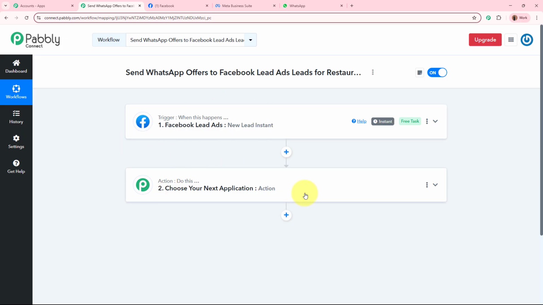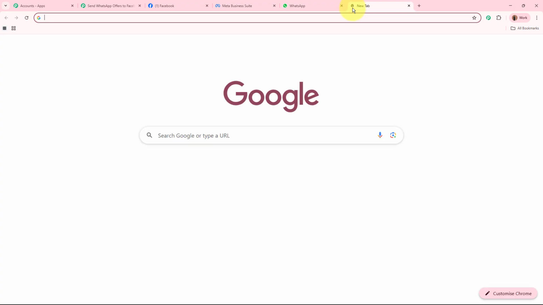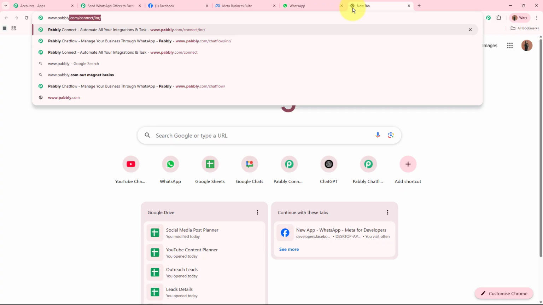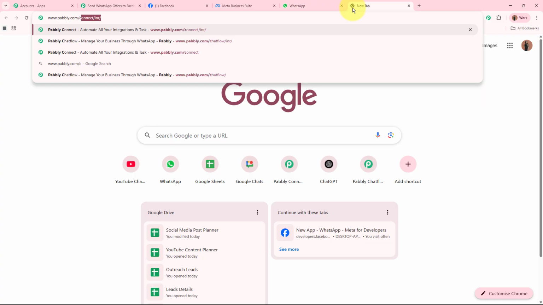After setting up a trigger step, we need to set up our action step. Now, as we have the lead data, I want to send a WhatsApp message to the lead, and we're going to send it with the help of Pabbly Chat Flow. Pabbly Chat Flow is a newly launched product by Pabbly that helps businesses send WhatsApp messages and manage WhatsApp conversations effortlessly. In order to use Pabbly Chat Flow, on a new tab we have to firstly browse the website of Pabbly Chat Flow, that is